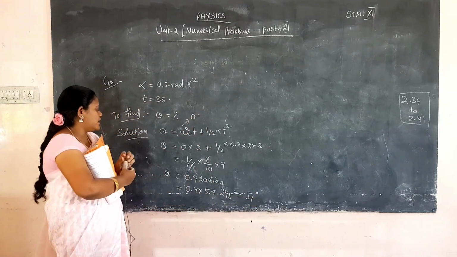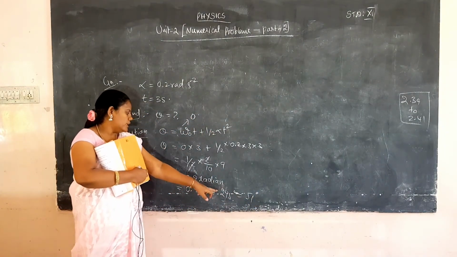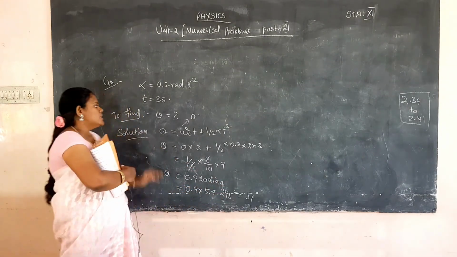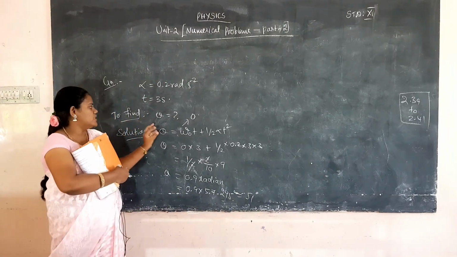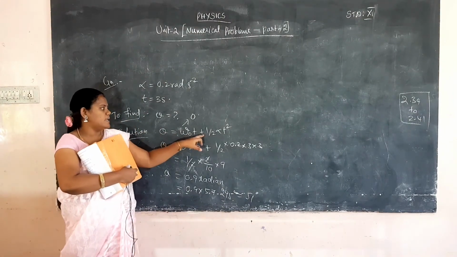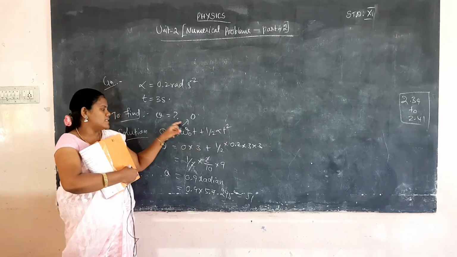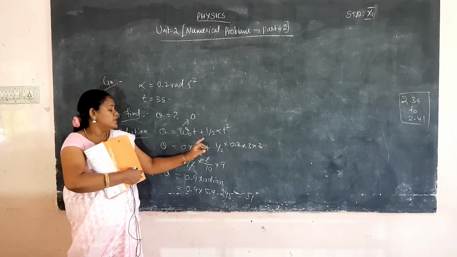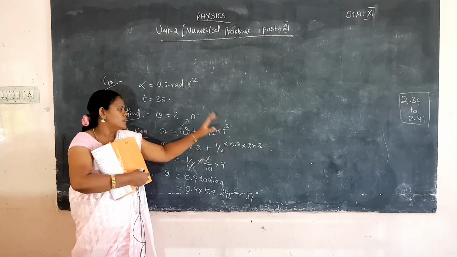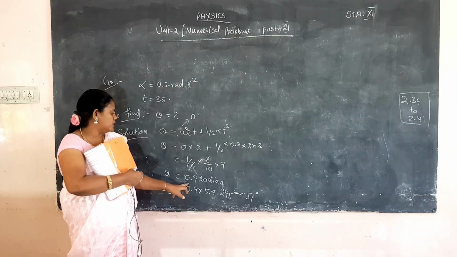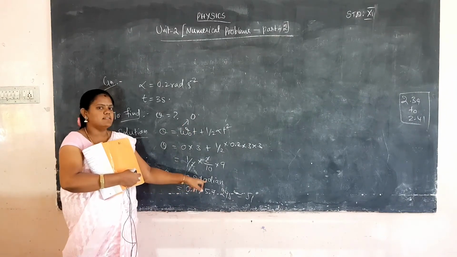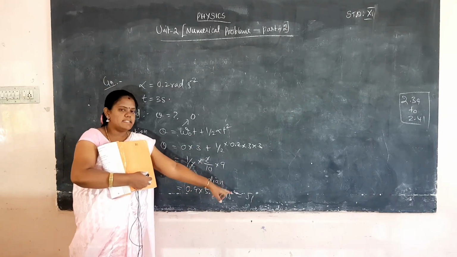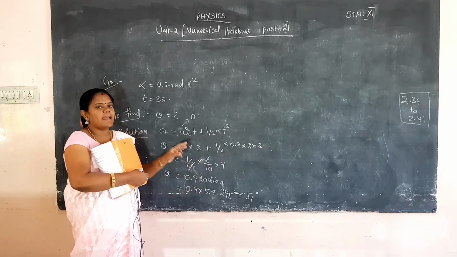51 degree. This is the radian value converted into degree by multiplying by 57.295. Simply by using this one formula, theta is equal to omega naught t plus half alpha t square, where omega naught is the initial speed, and initial speed is always taken as 0. So 0 into 3 plus half into alpha value and t value. We substitute all the values and easily find the angular displacement 0.9 radian. Radian is converted by multiplying by 57.295. The answer is 51 degree. This is the angular displacement.